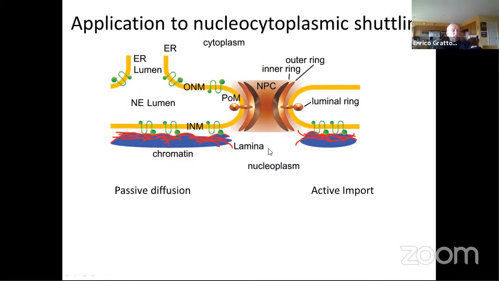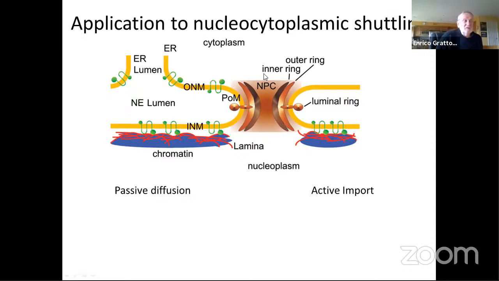How the molecules will pass through the nuclear pore complex is part of my application, and I will discuss it more or less later on. But what is important is that the nuclear membrane is a bilayer, actually a double bilayer, and there are proteins in the middle. So the question is, can molecules pass through the nuclear pore complex just by diffusion, or do we need an active